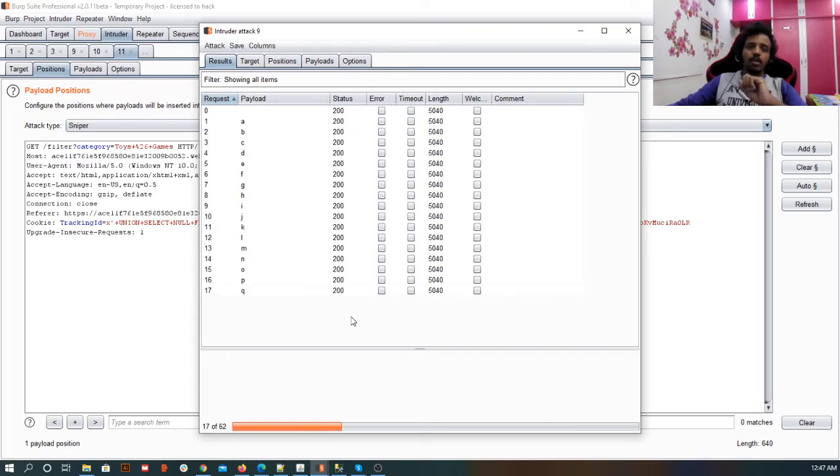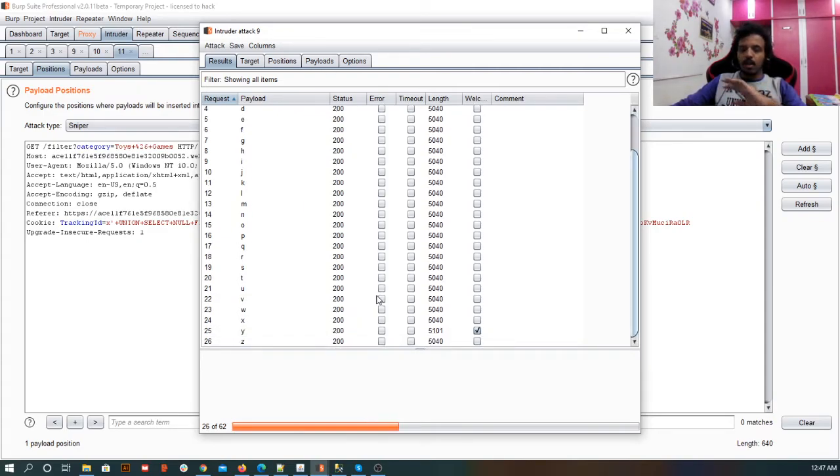16 out of 62. Okay, so there's one more thing. As of now, I am using default parameters or configuration to do this attack, so it might be taking some time. You can go to the options part here. If you can see my cursor here, before launching the attack, you can set how many threads you want to use for this attack, and how much time you want to wait before doing the next request. By default it will be in some milliseconds.